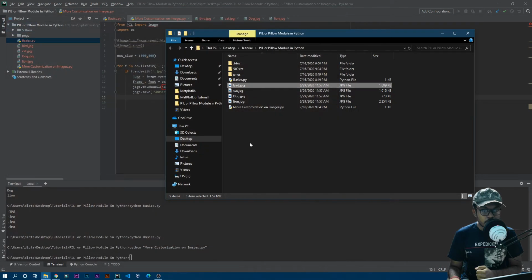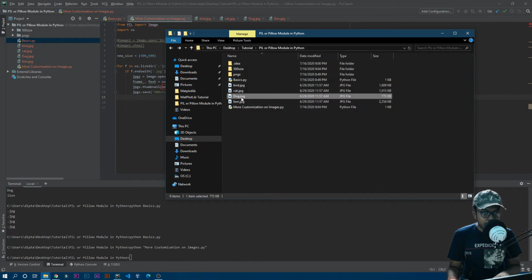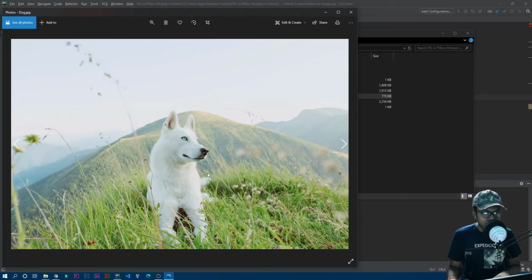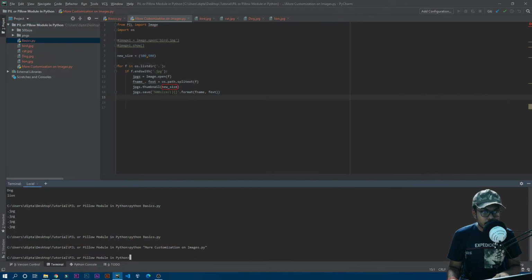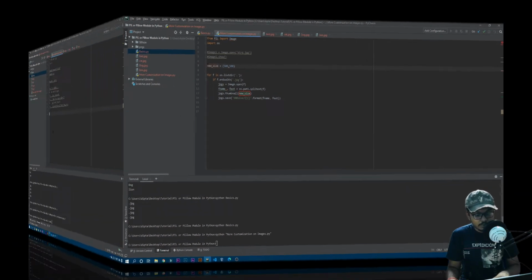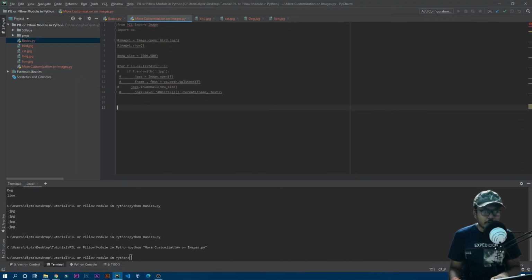And now assume we want to change this image into a grayscale image. So for that, let me just do it on this dog image. Okay, so this is white, so it should be really good in the grayscale, right? So yeah, I'll just quickly comment this whole thing. So yeah, you can see I commented all the code. So now let's just quickly open this